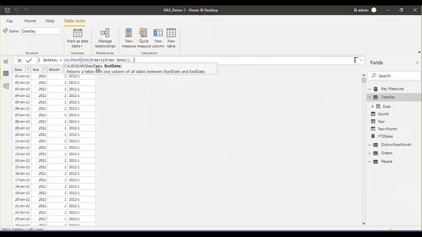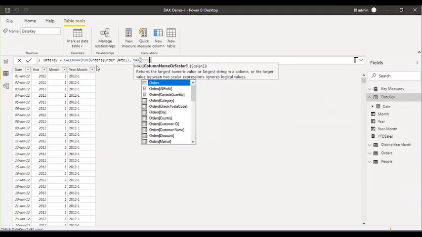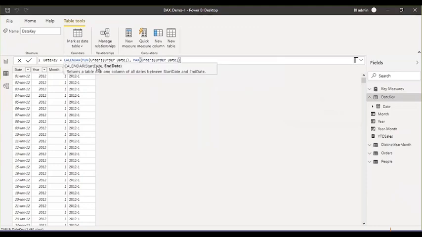The end date should be the max. For today the max date would be today; tomorrow the max date will change to tomorrow's date. If there is a new date in that transactional table, this table will automatically get the subsequent date. So the max date from the order date. Now close the bracket and press enter.